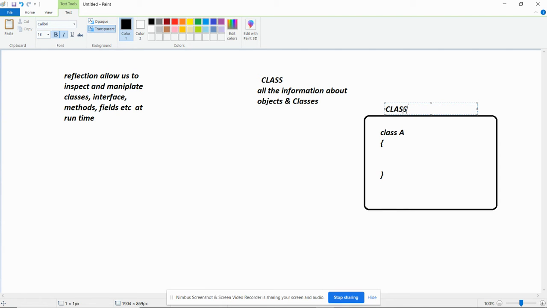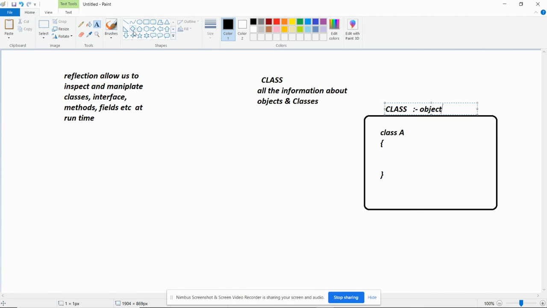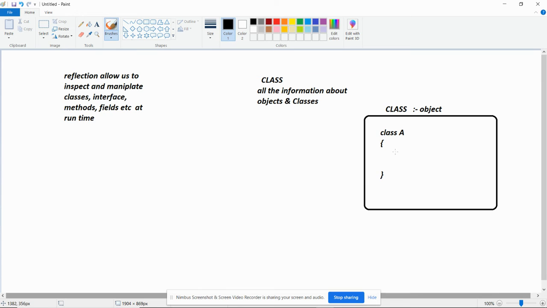We need to create the object of this class, which has all the information of your class and objects, and by using this object we can get all the properties of this class. It's a little bit confusing, but if you listen carefully it will become clear. In Java there is a class whose name is Class, and it keeps all the information about the objects and classes at runtime. So we just need to create the object of that class, and we will get all the properties of your newly created class and object.